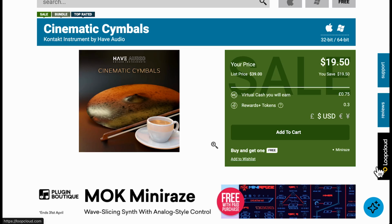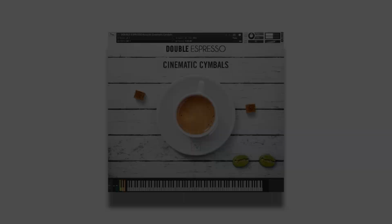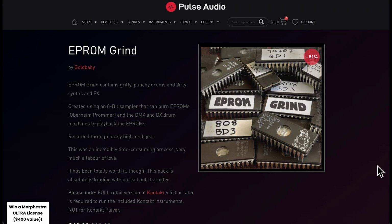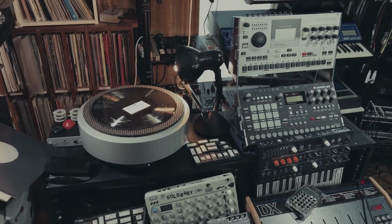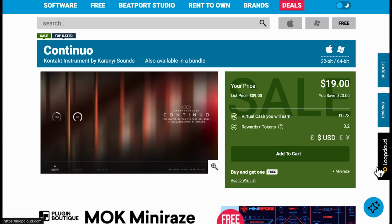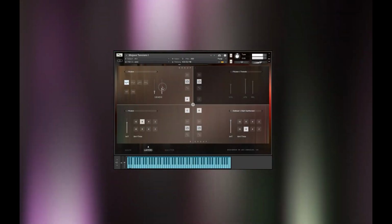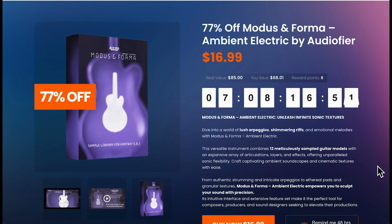Have Audio's cinematic cymbals, just $19.50. And Patchmaker has Synthwave and Dark Synth bundle for Pigments, just $19. You can get EEPROM Grind by Gold Baby for just $19. And Karanye Sound's fantastic Continuo library, just $19. Audifier's Modus and Forma ambient electric guitar library,